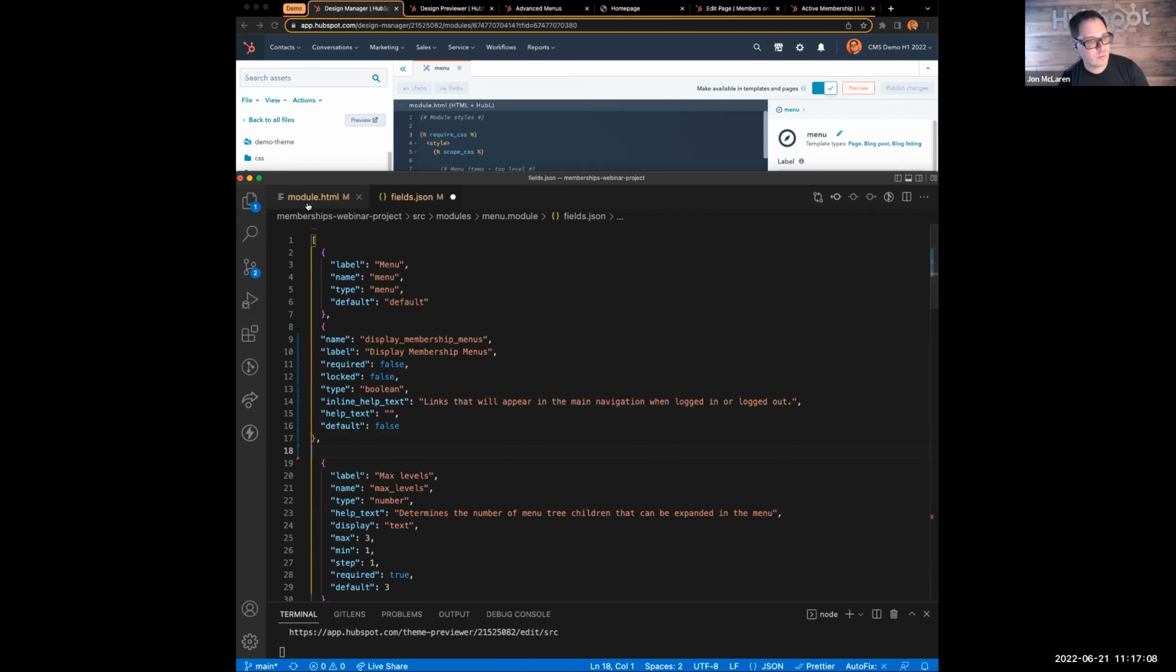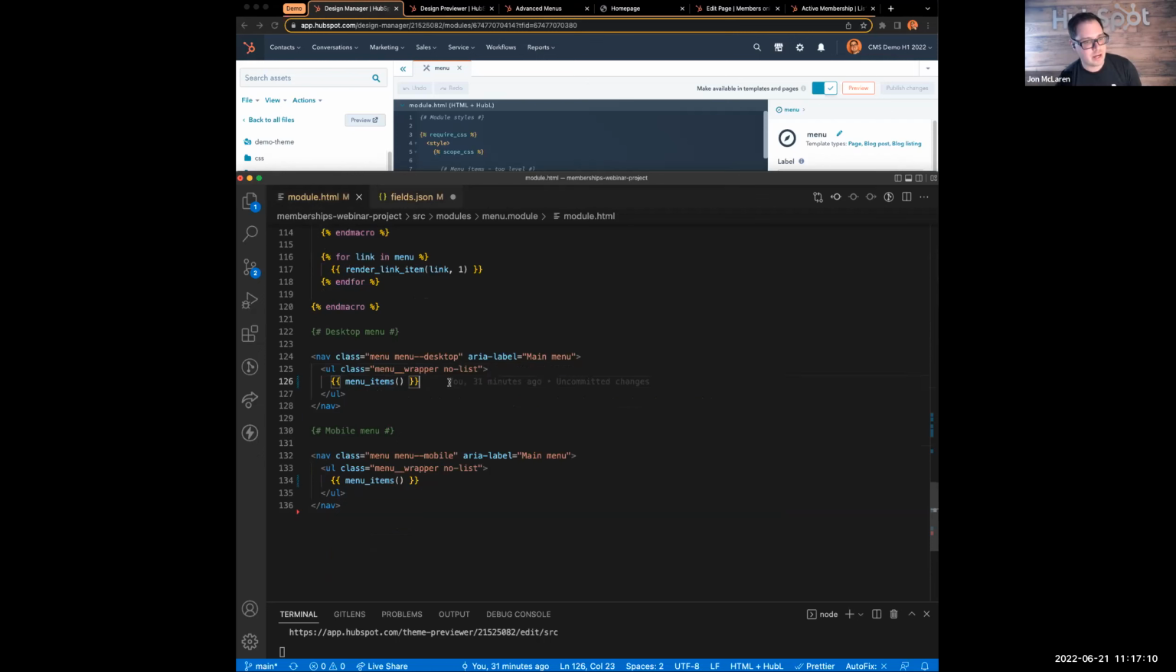Actually, before we do that, let's jump back into our module HTML. We're going to add an if statement that actually uses that new field that we just added. So underneath menu items, we're going to add if